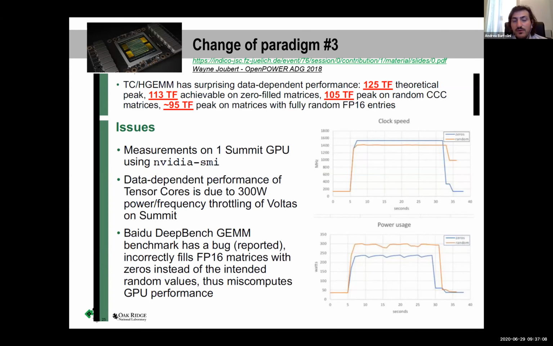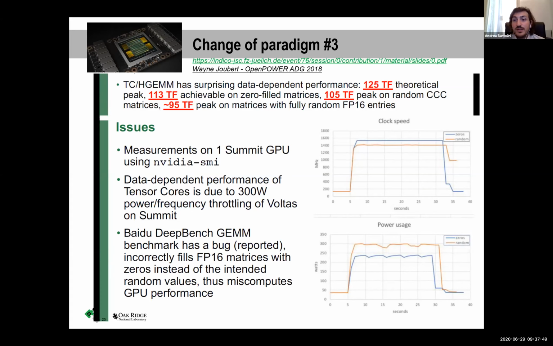These were the Volta V100 cards, for which the theoretical peak in doing tensor core matrix multiplication arithmetic was expected to be under 125 teraflops, and they actually measured a performance almost close to the theoretical peak, 113 teraflops, achieved when the matrices used for the multiplication were zero filled. And this performance decreased if the matrices were filled not with zero values, but with random numbers.